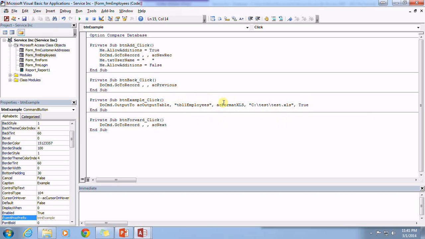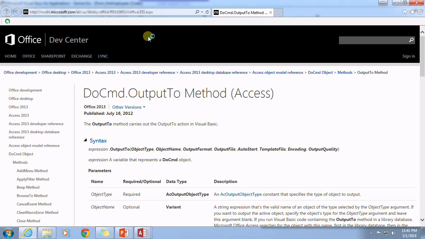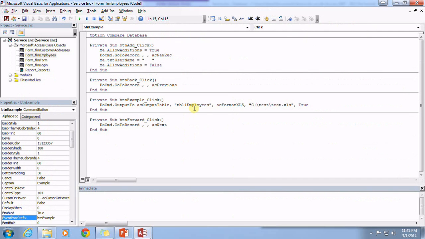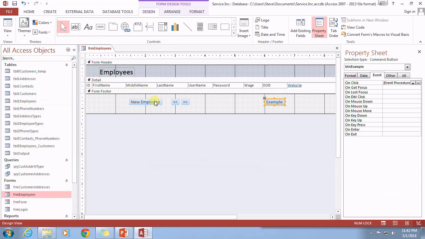And again, if you don't know what the AC formats are, unfortunately, I don't think the help information is all that great on this particular thing here. Let me see. And I see an AC format constant that specifies the output format. If you omit this argument, Access prompts you for the output format. So you can actually not specify it, and it will ask you what kind of format. And that may be exactly how you want it to work. So, matter of fact, let me go ahead and do that. I will do there. And now